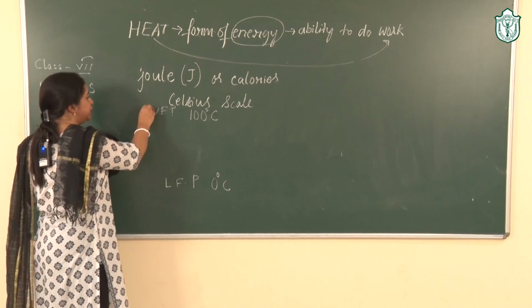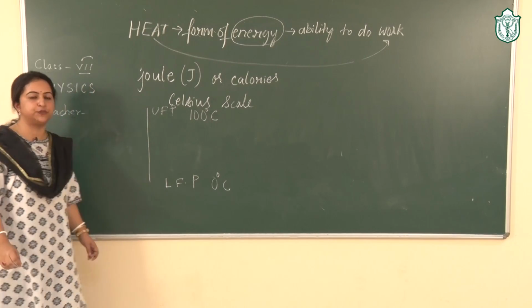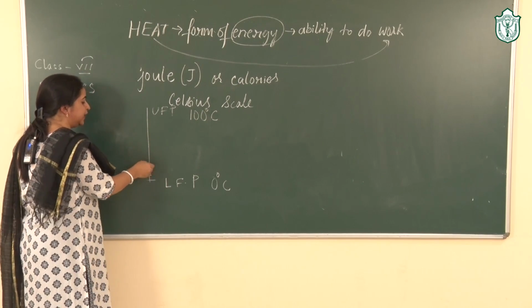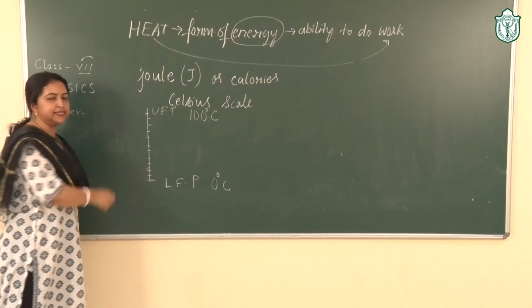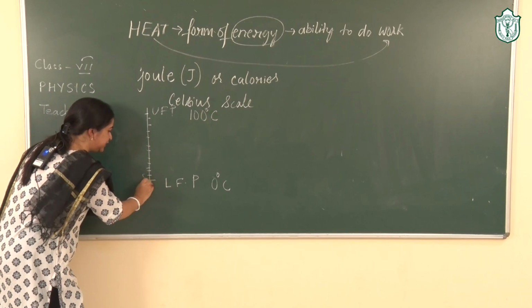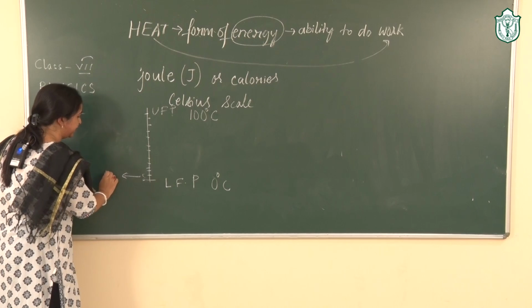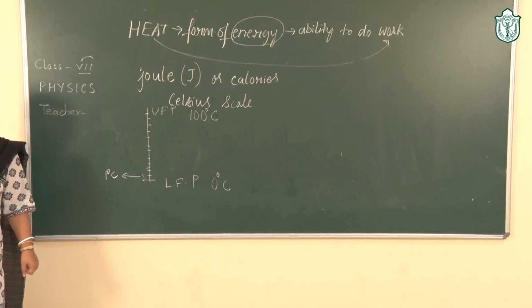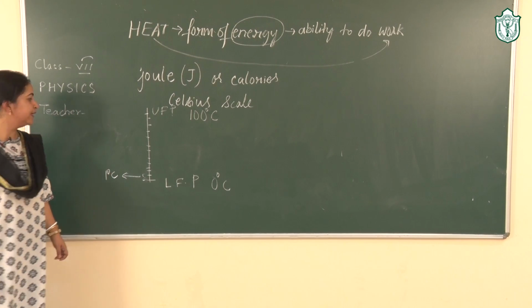In this scale, between the upper fixed and the lower fixed point, 100 equal divisions are made, and each division corresponds to a temperature of 1 degree Celsius. Similarly,